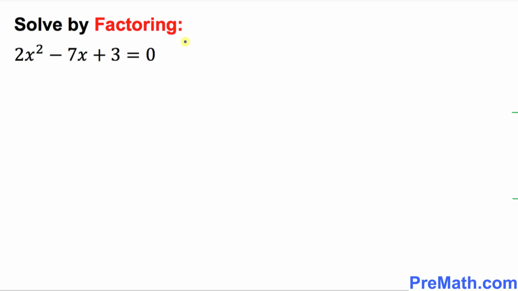And finally, we're going to be solving by the factoring technique. So the very first thing I want you to look at is that the leading coefficient is 2. So we have to be a little bit careful. We want to do it by factoring. Let me just show you how I'm going to do this one. The easy way is to put down 2 parentheses over here. Then I want you to put down this part only, 2x. Don't worry about this exponent. So I'm going to put down 2x right up here and 2x over here.